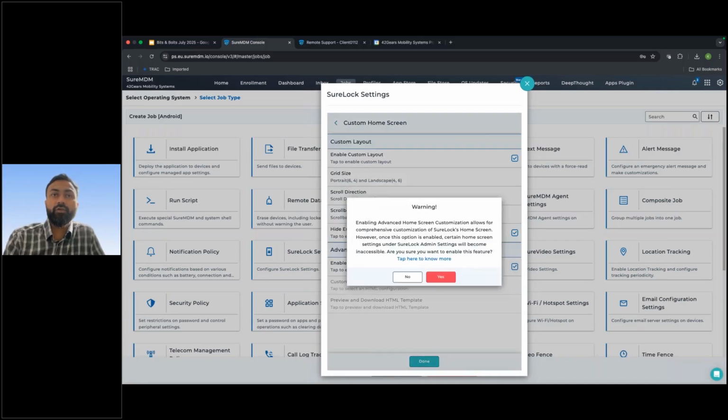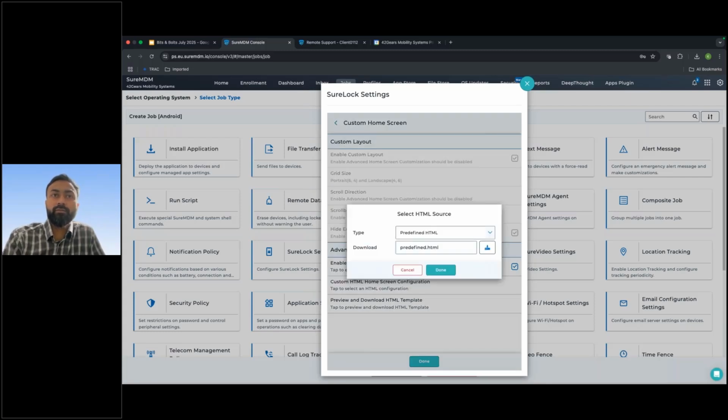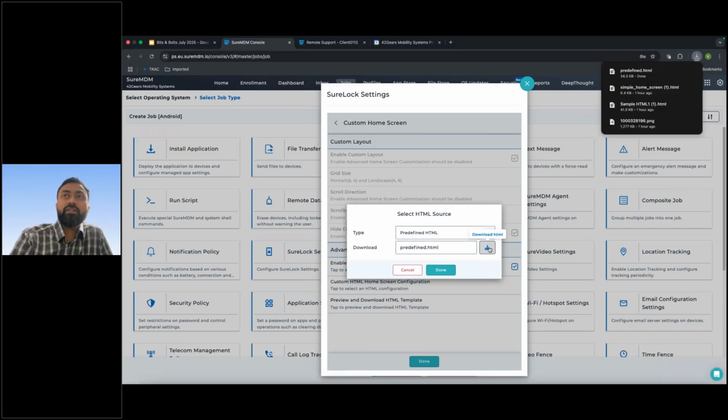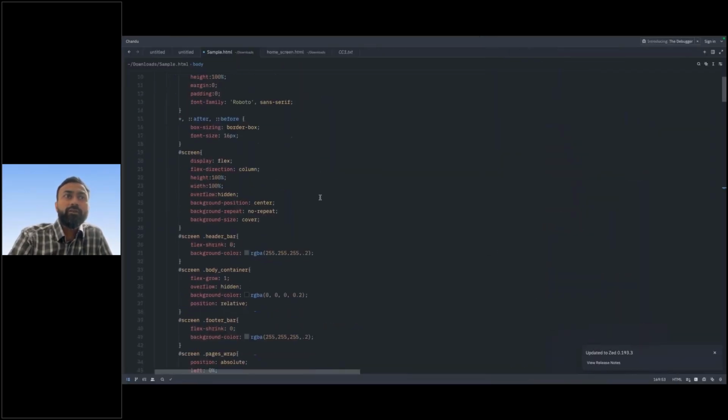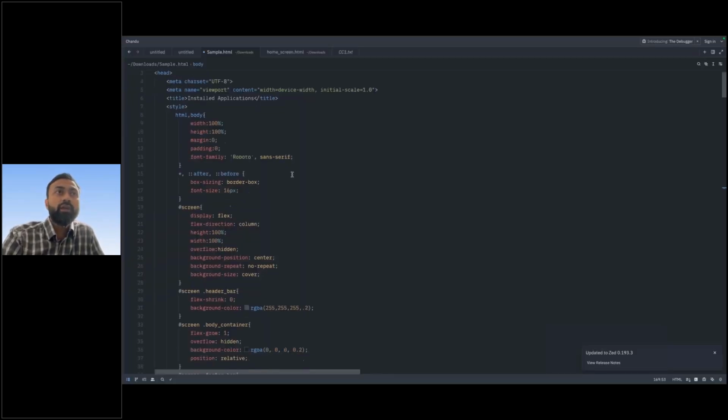Here, if you enable custom HTML page, the first option you get is custom home screen configuration. You can make use of a predefined page with our template. There's the template which you can just download, and it's the same template which I'm using as well. And now in this template, if you would like to change